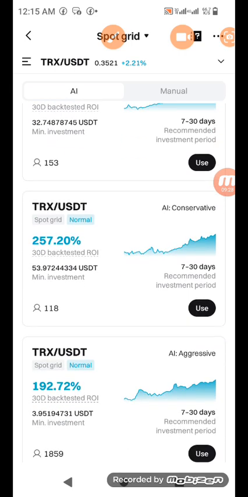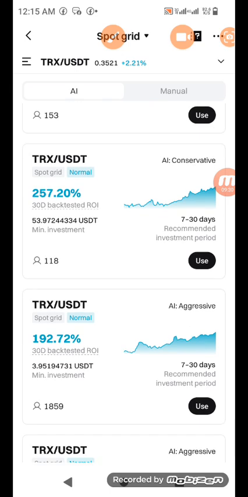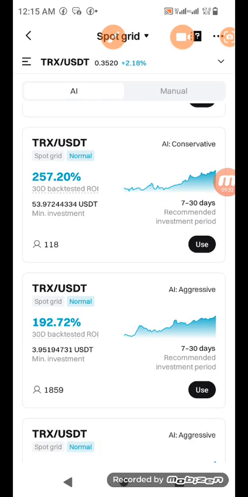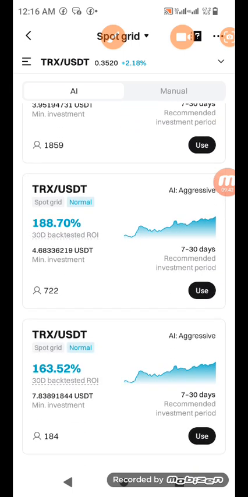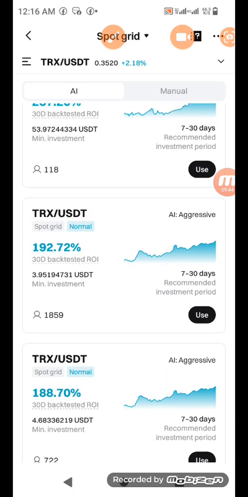Unfortunately, here I don't even see any of them. Okay, you can see the aggressive one. I just mentioned that I can see it. See aggressive here. Are you seeing it? All these bots now are aggressive. That's the way it is. I'm going to show you. And most of them that are aggressive require a smaller amount. Look at it. This one requires just